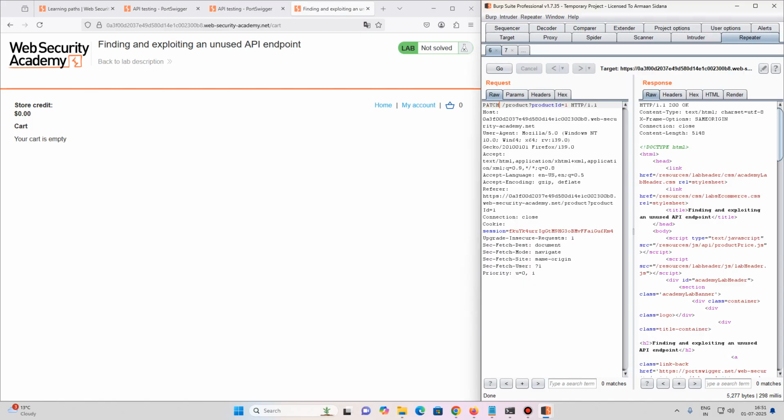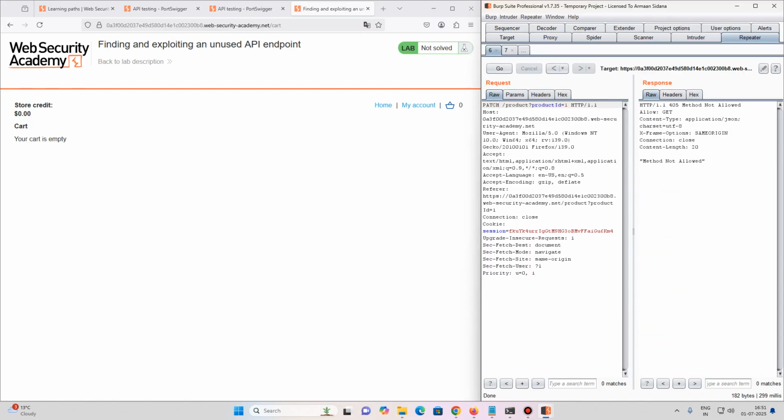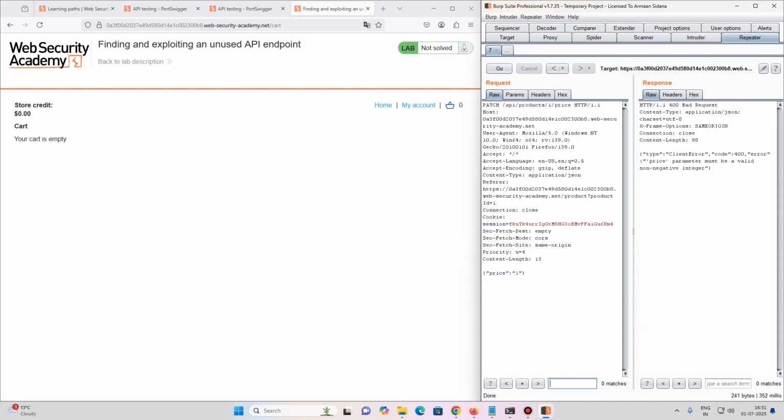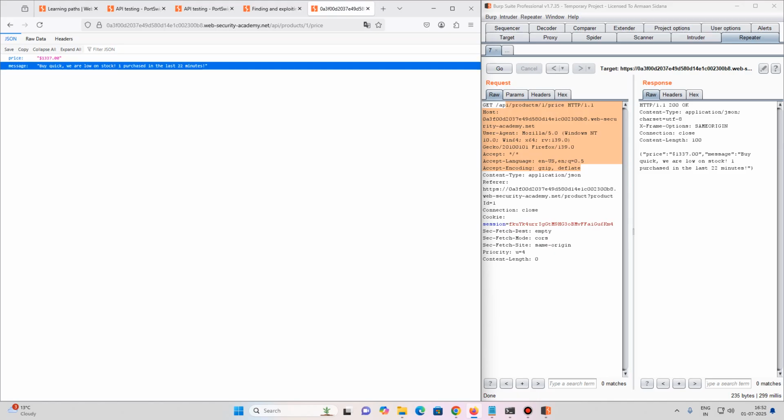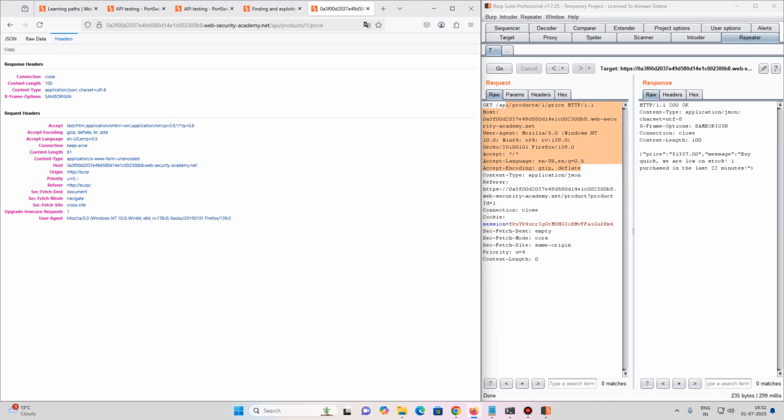When you do things like this, you need to keep reducing your attack surface area so that you know exactly what you're dealing with, right? So that means this is preferably the thing we are looking for, but we are definitely missing something. Okay, so from this we know get method and patch method is allowed. This thing is clear. So if I click on get, if you open this in some browser, it would show, okay, buy quick, we are low on stock, one purchased in the last 22 minutes. Preferably, if you look at this request,